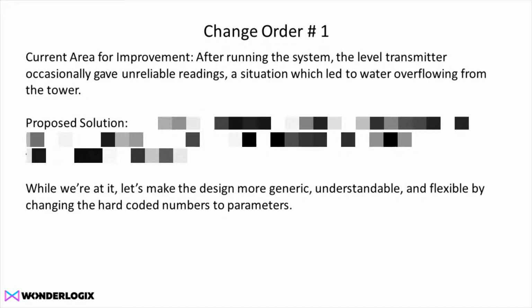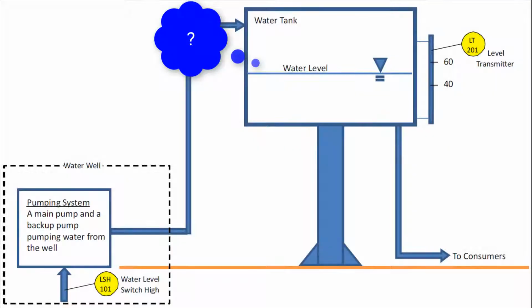So after running the system, the level transmitter occasionally gave us unreliable readings, and that led to water overflowing from the tower. If you remember in our earlier design, we were supposed to be monitoring the water level between 40 and 60%, turning the pump on if it was below 40 and turning it off if it was over 60. But something about that level transmitter wasn't working right all the time, and so sometimes the pump just